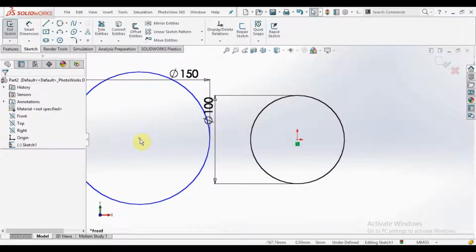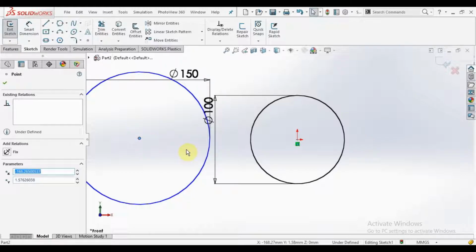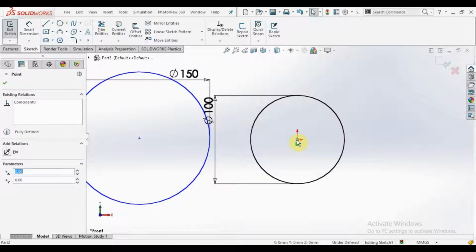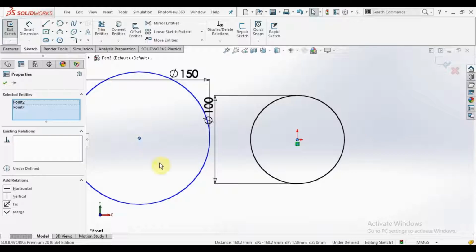Now I will drag the center of the circle to the origin point. For that you have to press the control key and select both points, first the origin and then the circle point.